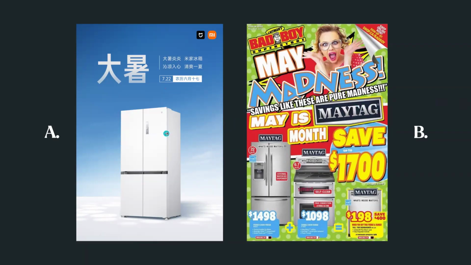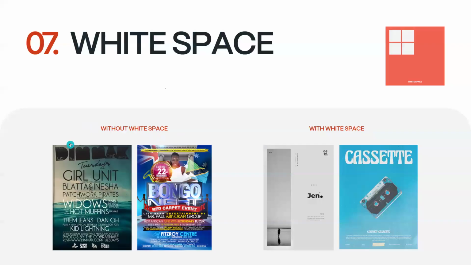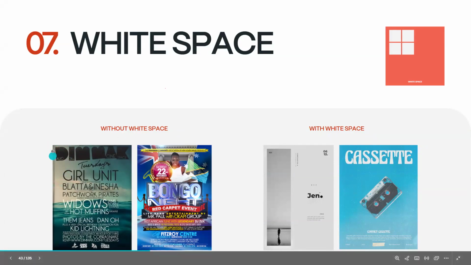One of the main uses of white space is to create a luxury feeling in designs. If you have money and I show you A and B, most people will go with A, just because it gives more luxury feeling compared to B. Without white space, there is no room to breathe.